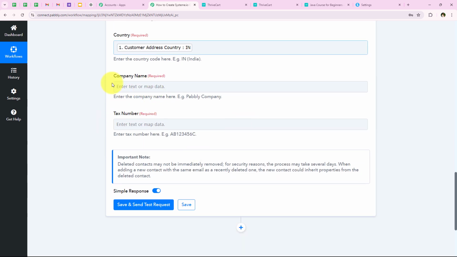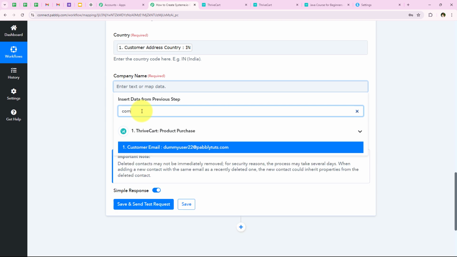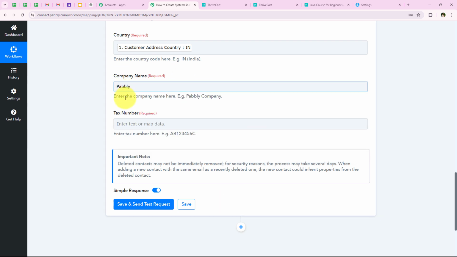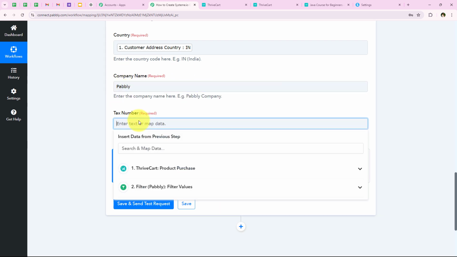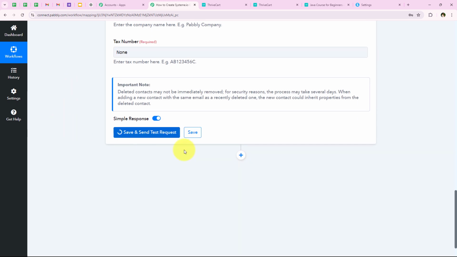It is asking me for the company name. So over here we don't have company name in our response, but as you can see that this is the required field. So let's suppose that I'm going to enter the company as Pabbly right over here, and now it is asking me for the tax number, so I'm going to keep it as none because I don't have any tax number. And then we are going to click on save and send test request,